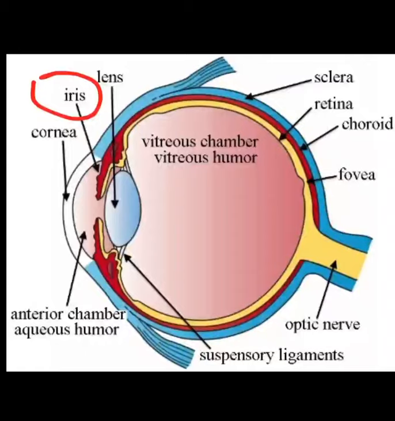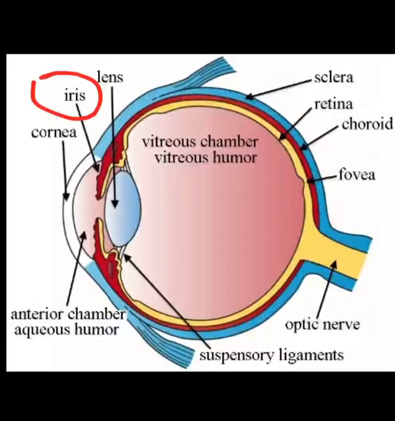So, choroid layer, the middle layer, is richly supplied with blood vessels, and melanin pigment is also present in this layer only. From the front side, the choroid layer is expanded to form the ciliary body, which alters the shape of the lens, and another extension of the choroid layer is the iris, which partially covers the lens, leaving a small opening at the center. The opening which is present at the center is called the pupil.